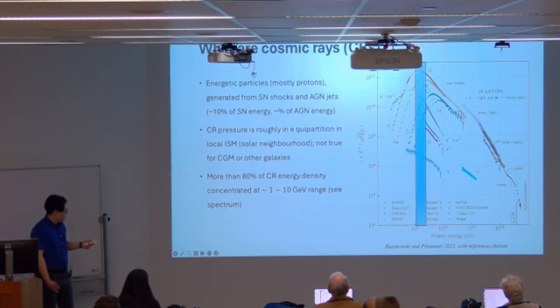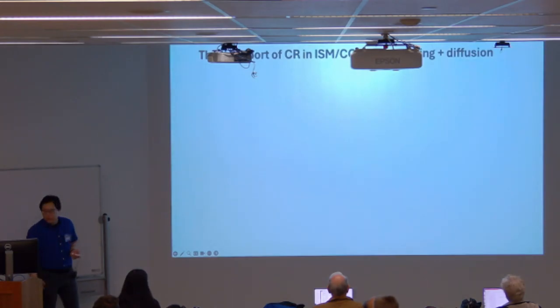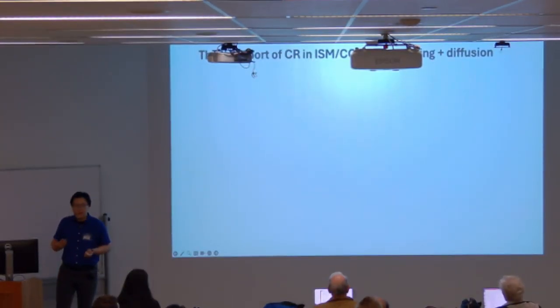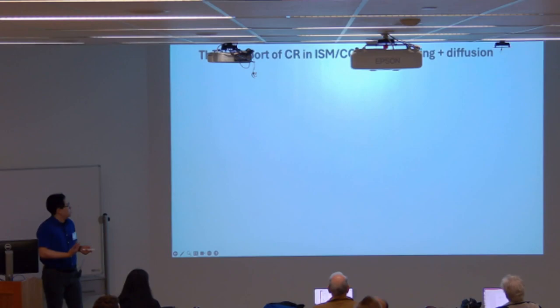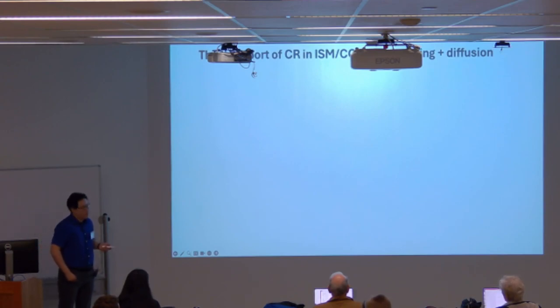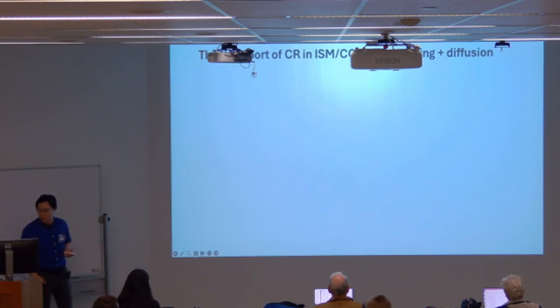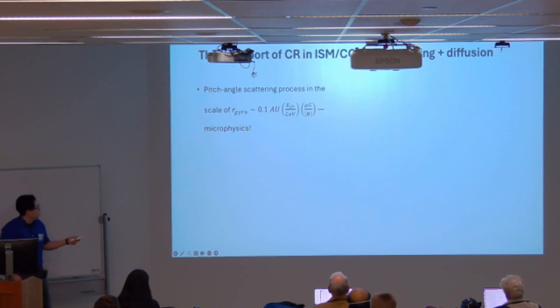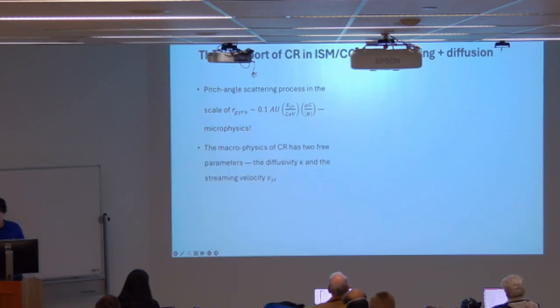So those are the observational overview. But what about the physics? The key physics for cosmic ray propagation in the ambient circumgalactic medium is a combination of streaming and diffusion. So the classic picture for cosmic ray transport is